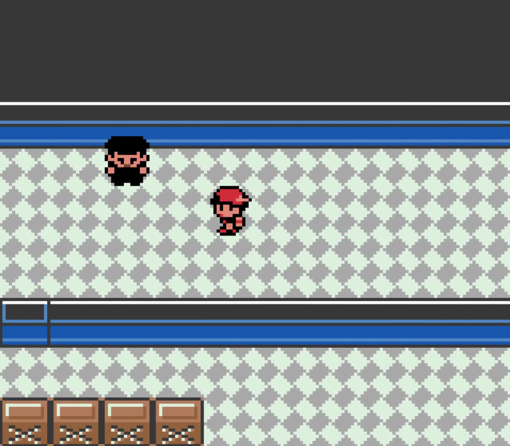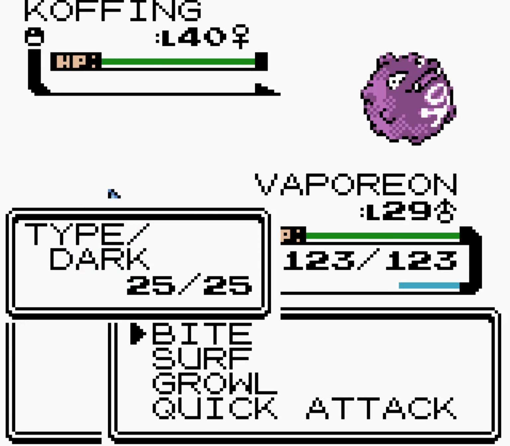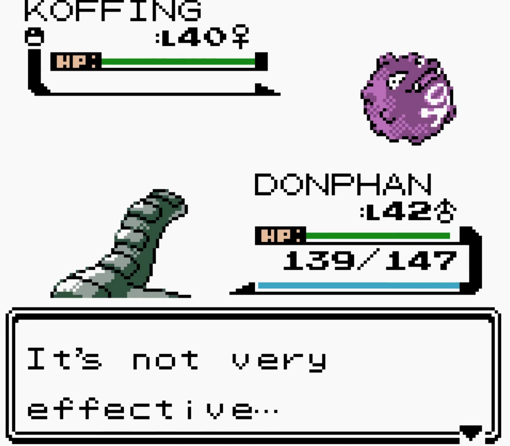So, anyway. As we hit another one, and it's a Koffing this time. So yeah, Pokemon that want to explode are essentially going to be the order. We'll go into Donphan. Donphan again has the highest...